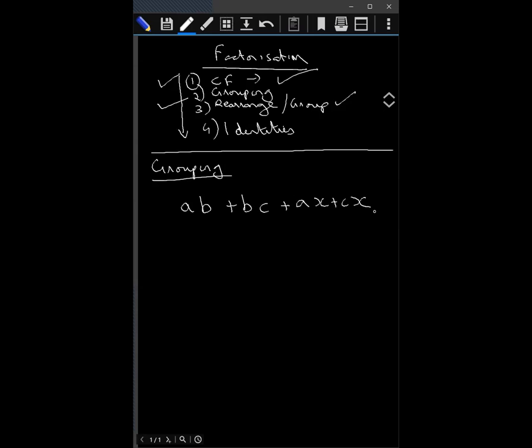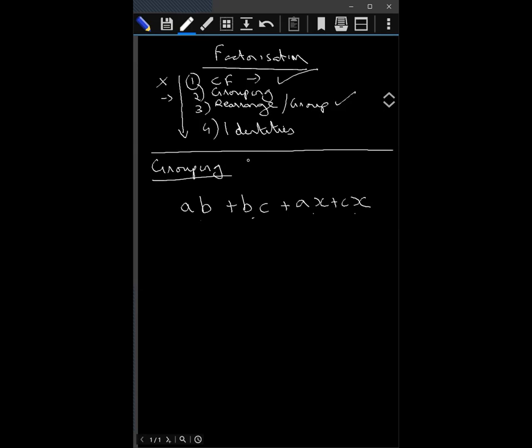Now, there are 4 terms over here. So in these 2 terms, I'll see B is common, but there is no B here, there is no B here. So can we, out of the 4 terms, is there any common factor? Paki, is there any common factor in the 4 terms? No, right? So what do we do then? We go to the next step. So the first step we cannot do. So now we try to group. Is there any way in which I can group these terms so that I can take out common factors?